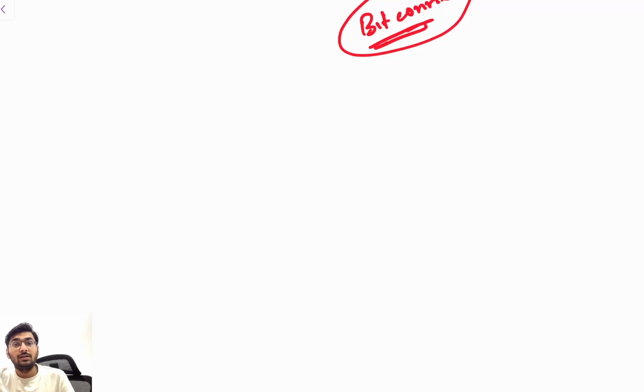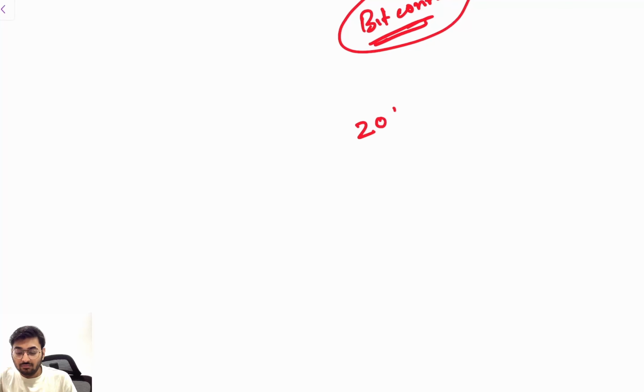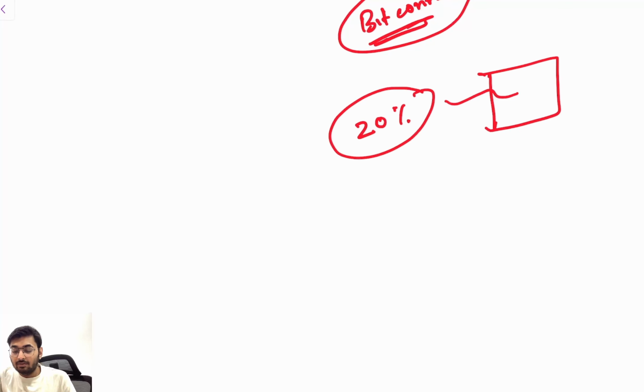Then we have losing the wallet key. You have your wallet and you lost the key. It's like you are losing the money inside your locker. Now you don't have the key of your locker. So in order to get access to your wallet, you need to have a special pass key. If you lose that key, you cannot get your money back ever, clear? And it is estimated that 20% of the bitcoins are stored in wallets, but people have actually forgotten their key. This is the point, clear?